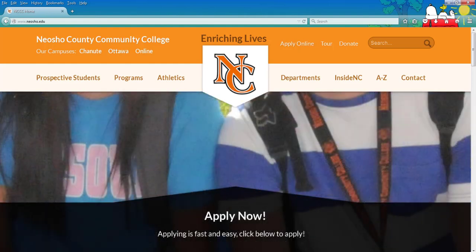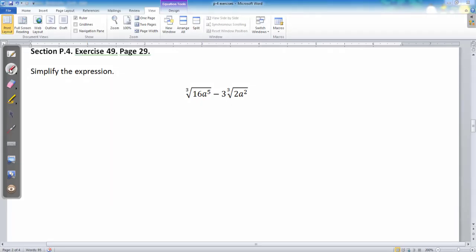And we're back for the last video of P4. We're going to finish the rest of the exercise we're going to look at today. This is exercise 49 on page 29, just continuing on from the problem we did at the end of last video. It's along the same lines. If you want to add or subtract